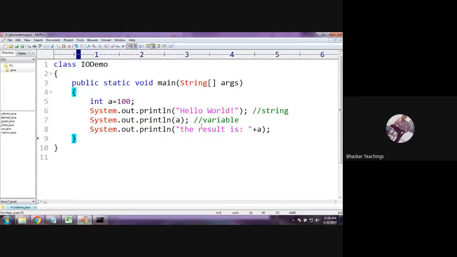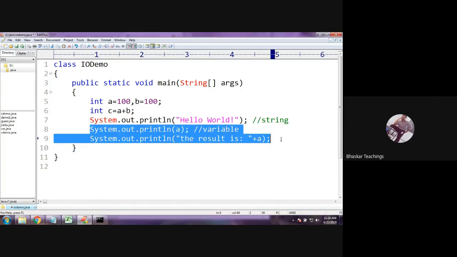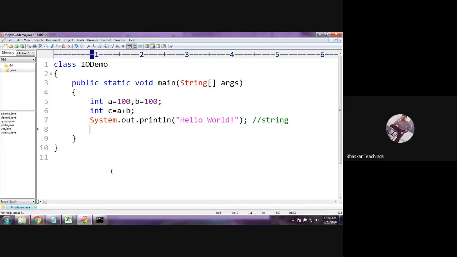So now let us see how to take values from a user. Okay, before that, let us perform addition of two numbers. Suppose I have A equals to 100 and B equals to 200, and also C equals to A plus B. Okay. So now I want to display. Here, listen.